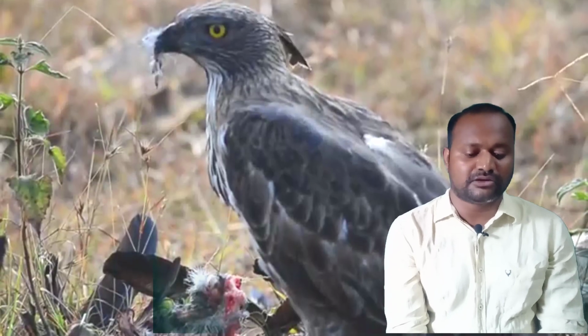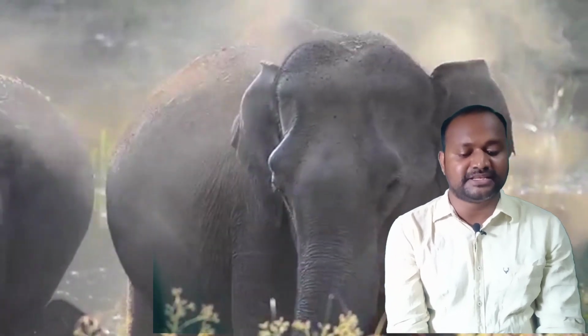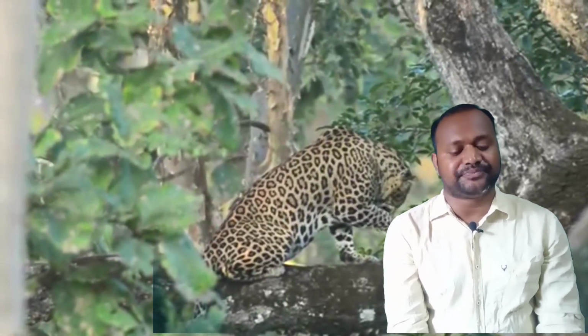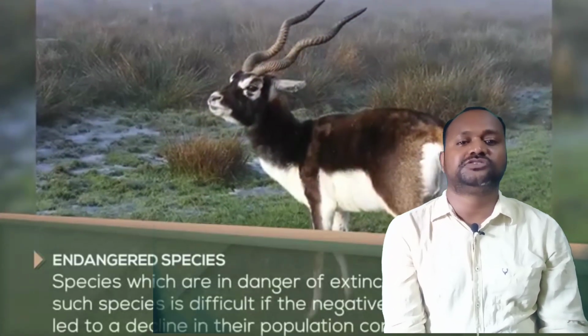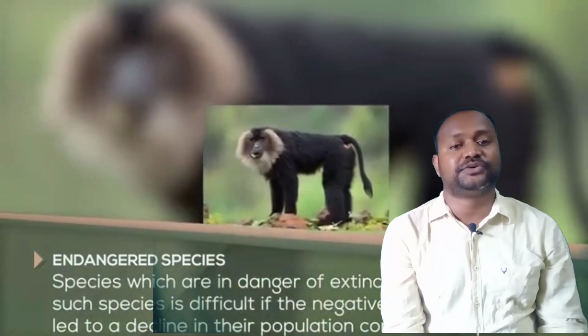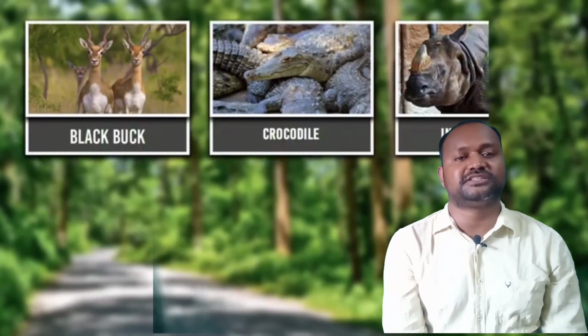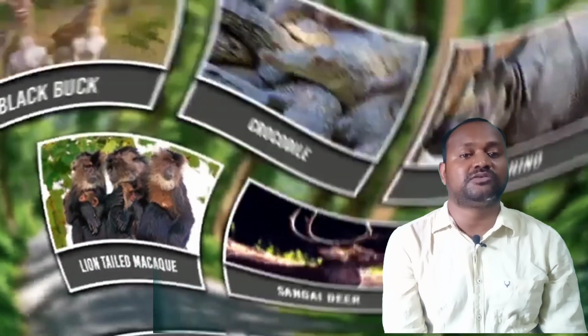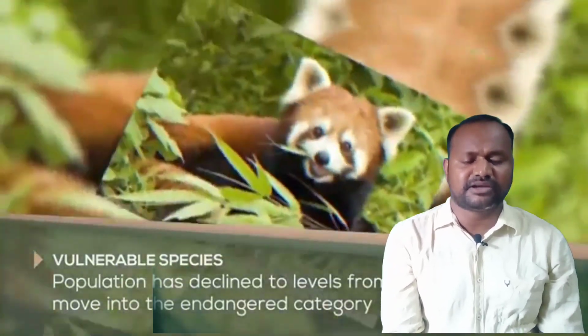Except that, we have grey heron, comb duck, mallards, peacock, pigeon, pheasant, and many other birds in India. So let's discuss the conservation of wildlife. Forests are the habitat of wildlife. When the forest reduces, the wildlife also reduces, because the habitat of the wildlife is affected when there is deforestation. So students, it is very important to conserve the natural vegetation while we are thinking about the conservation of wildlife. There are many steps taken by the government of India.